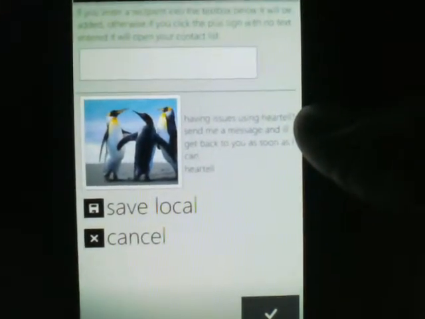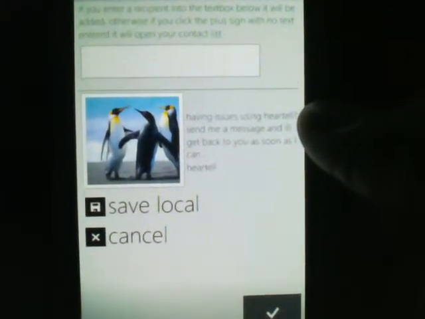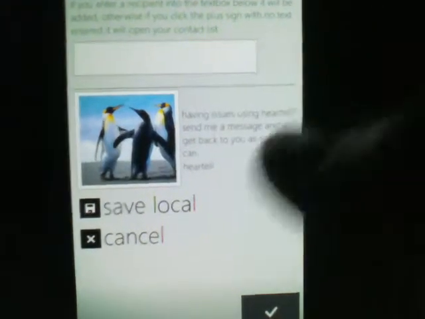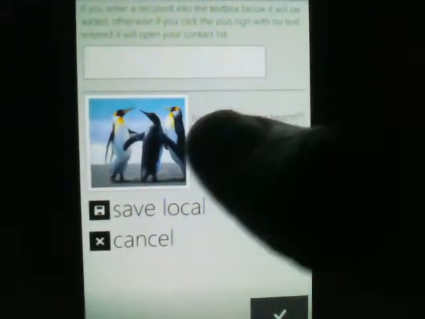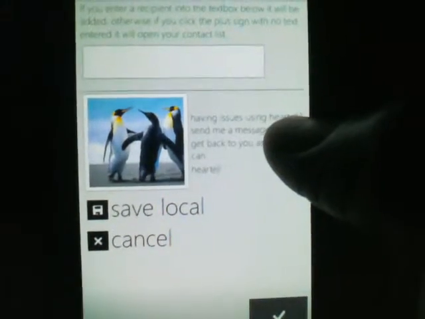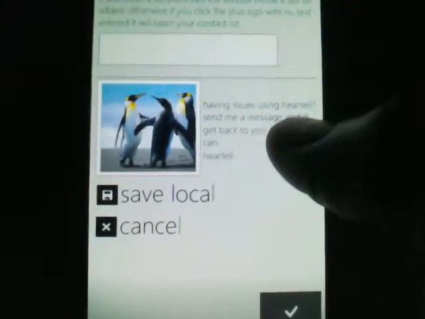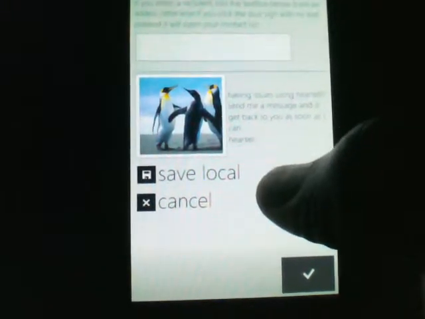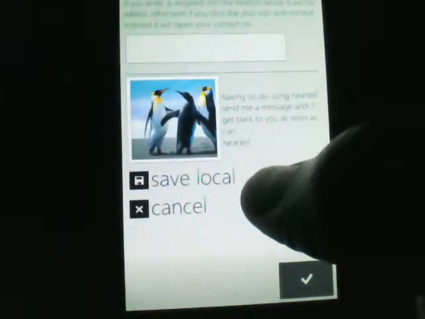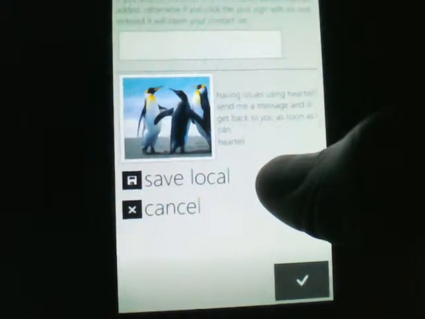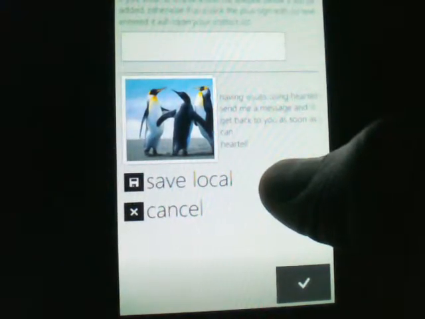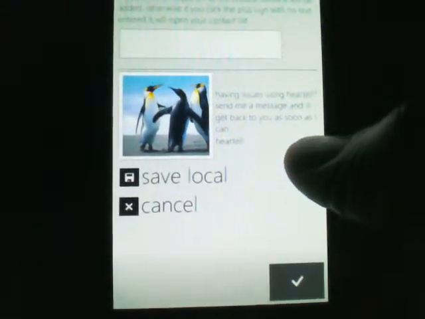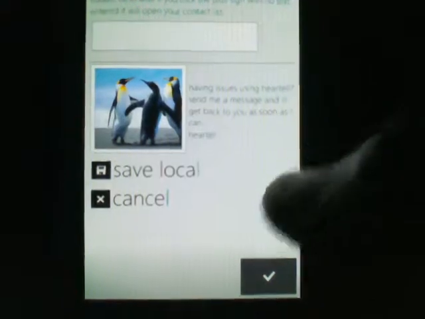And when you sign in, we show the registration process. You enter a main heading and a main blurb. The main blurb shows up when a person searches for you. The main heading shows up whenever you're communicating with that user. You can save this locally. As you've seen, I showed saving another account that I saved locally, and this will just allow you to create the account and store it local to your device. And once you're ready and you found the user that you're looking for, you simply hit the button and